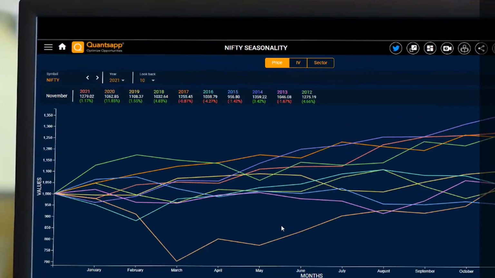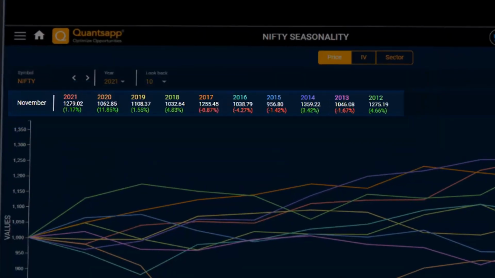So it's November right now. If we see in the month of November, Nifty has provided a decent kind of return in the last 10 years. It was just this year, which is 2016, in which in the month of November, Nifty actually tanked. Rest every time it looked positive. Yeah, it was in 2013 and 2015 in November where Nifty dropped, but rest every time Nifty was positive. And if we talk about last year, which is 2020, Nifty gained around 11.8% in the month of November.